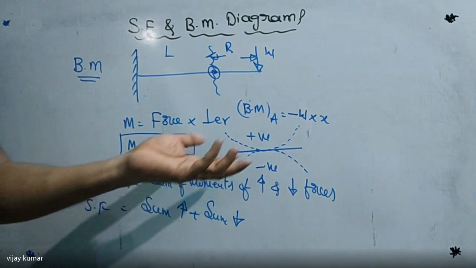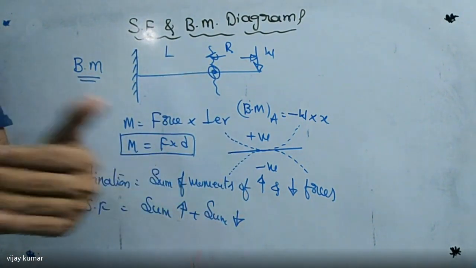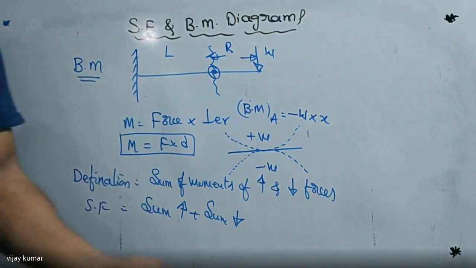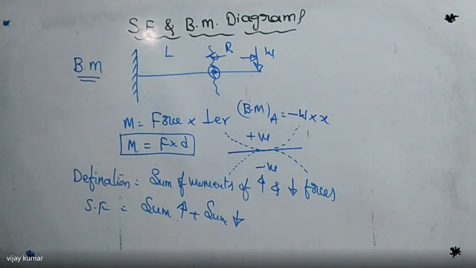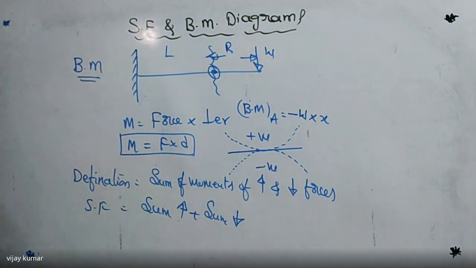And we know the sign convention, when we take positive and when we take negative. I have already told you. As for the procedure to find the shear force, I have already given three points, and we can follow the same procedure for bending moment also. Then we can find the bending moment at any point on the beam. First of all, if any beam is given, that beam is subject to different types of loads. Take any point on the beam where we are going to find the shear and bending moment. At that point, divide the beam into two parts. Take either the left part or the right part and indicate the forces on each part. That is the second point.